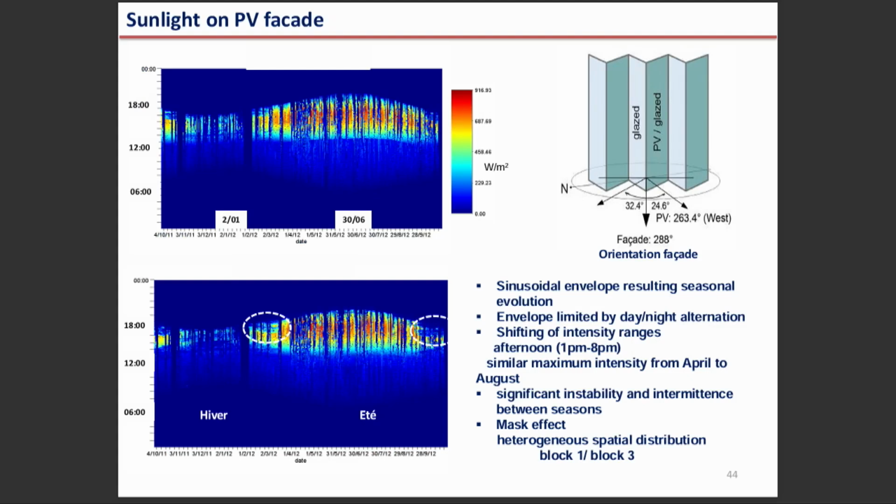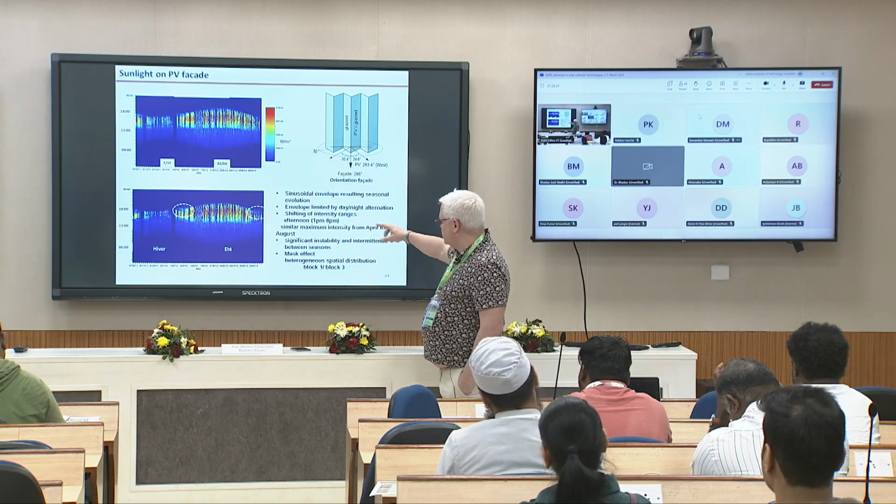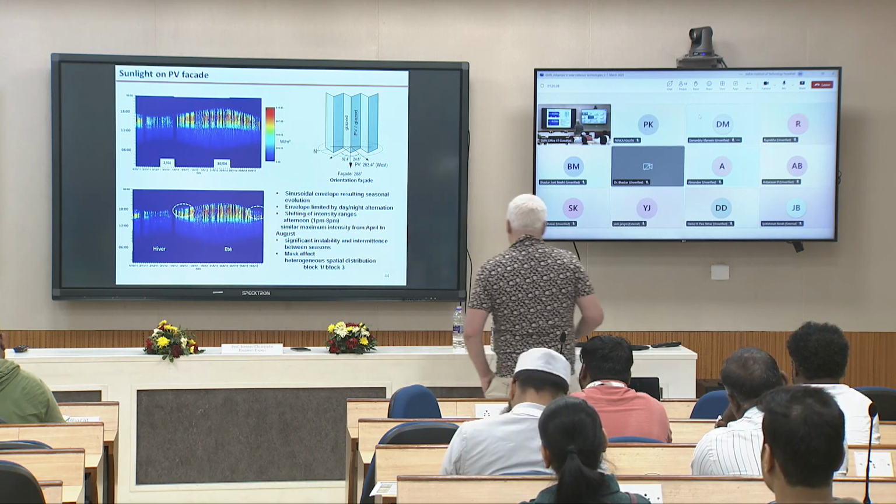Each row is one day with many different data. Like this you can easily see where is the winter. Here is the flux received at different levels of the facade. So you can see where is the winter, where is the summer, and there is some problem